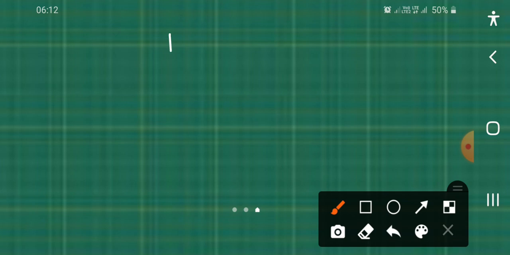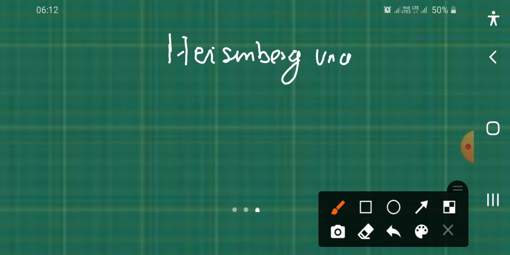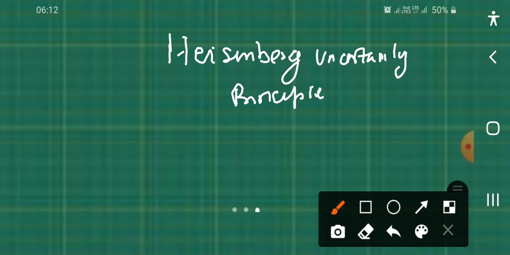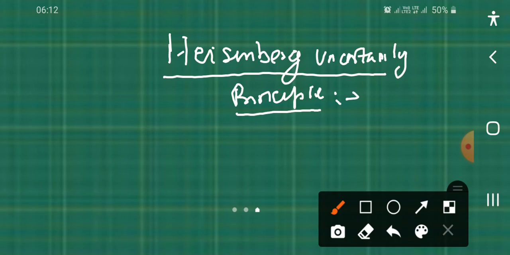Heisenberg Uncertainty Principle. First of all, we need to talk about what is Heisenberg Uncertainty Principle. It is important to note that according to the Heisenberg Uncertainty Principle,